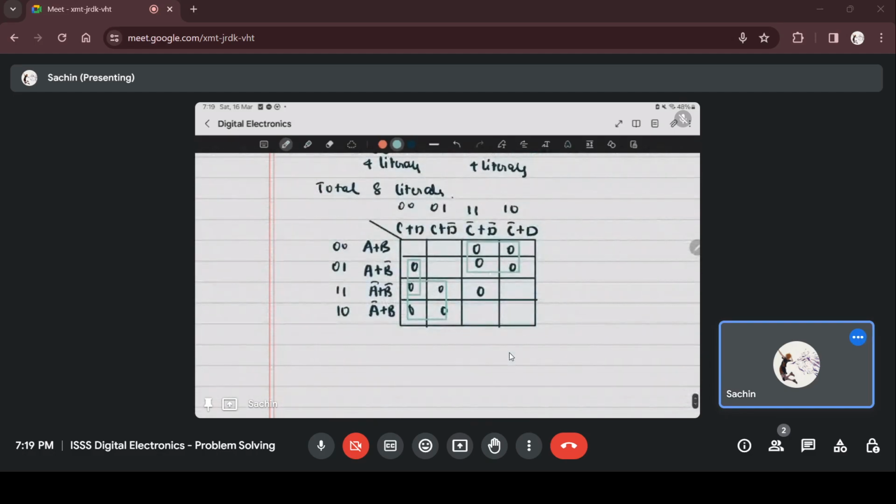And the terms, so that's the pair covering the last group of zeros, and this will give us the expression f is equal to